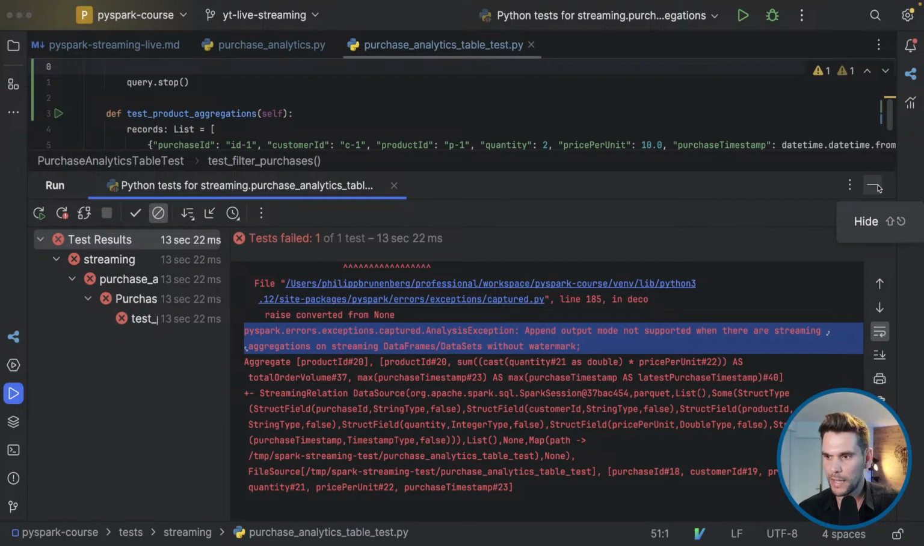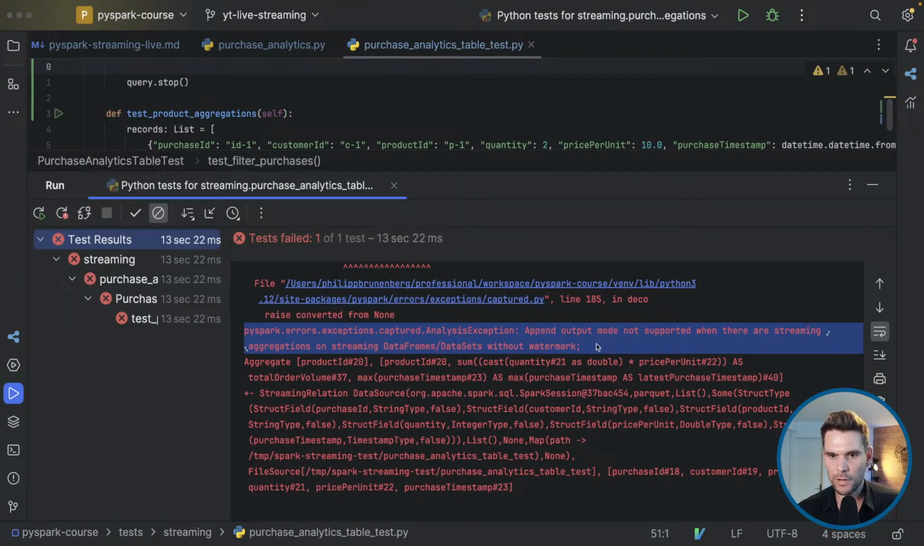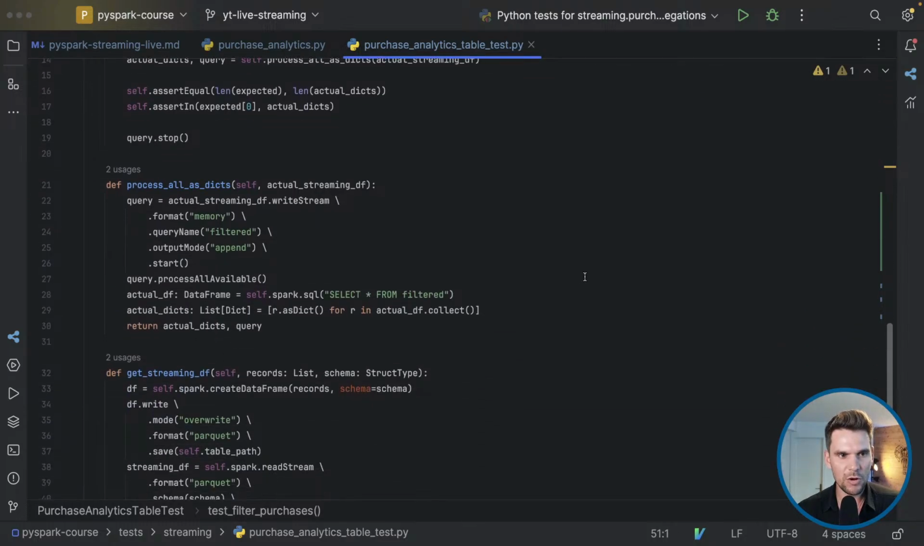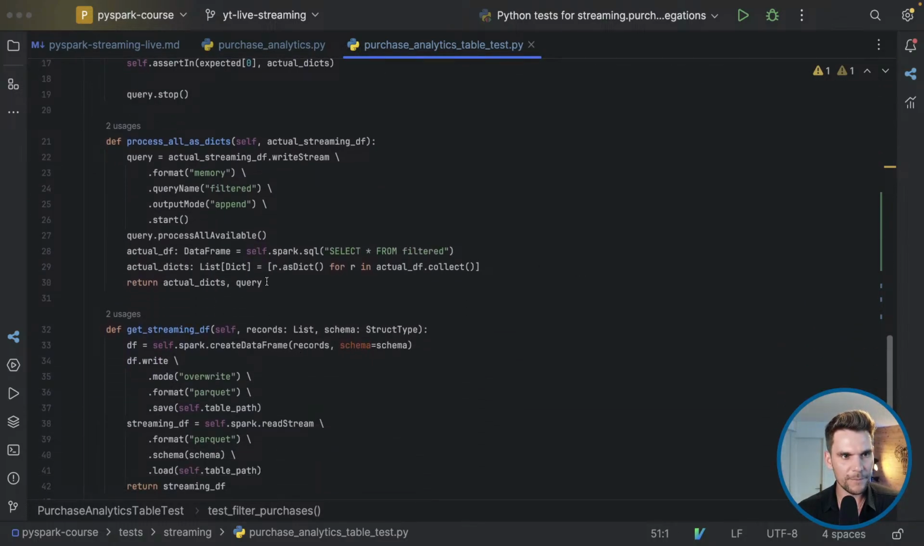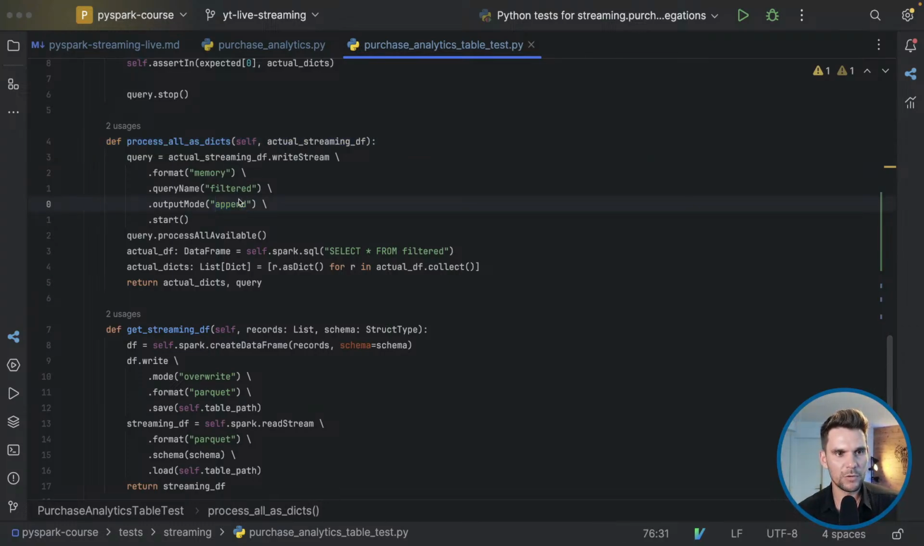Previously, we were using the append output mode, which produces only records to the output stream, which appends all new records to the output stream. But therefore, we will have to use a watermark, as it says here, if we have aggregations. We will talk about watermarks next time. For now, I will simply change the output mode to complete, and therefore, process all as dicts has hard-coded here append output mode. However, as we have our first test still, which depends on the append output mode, I will introduce a parameter here,